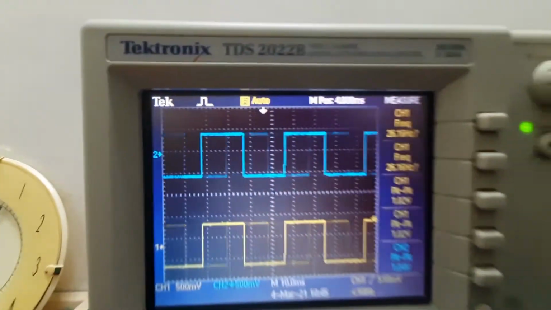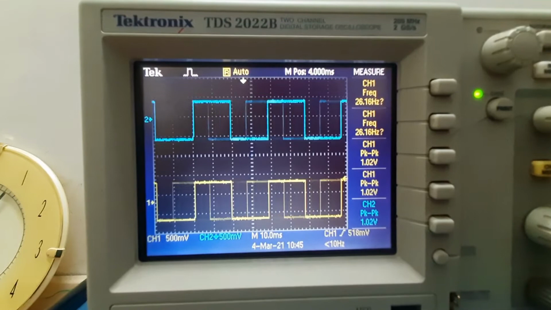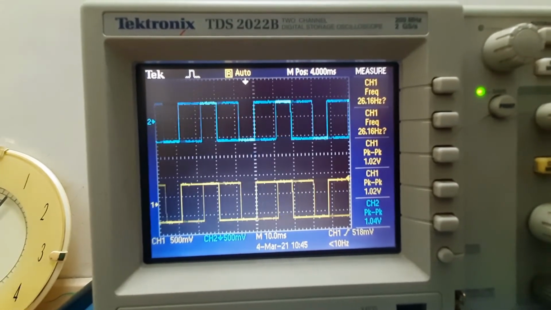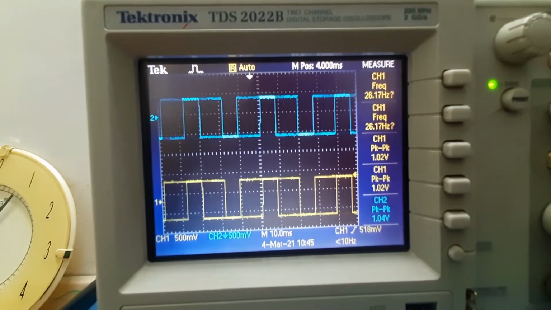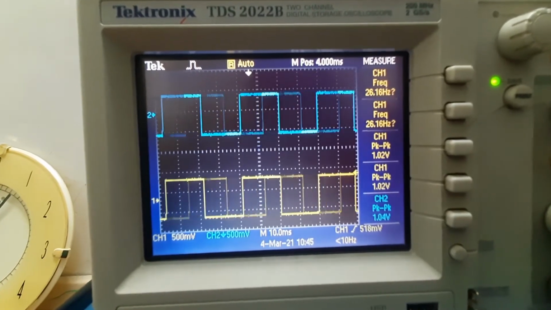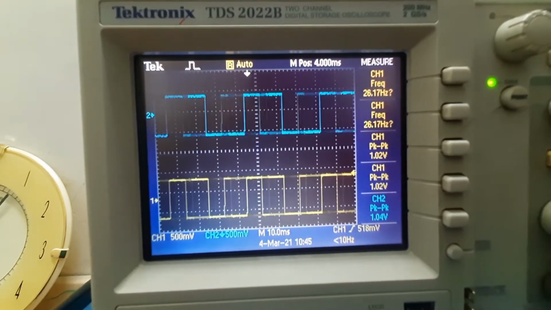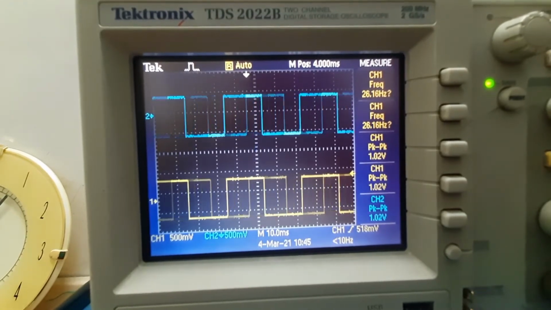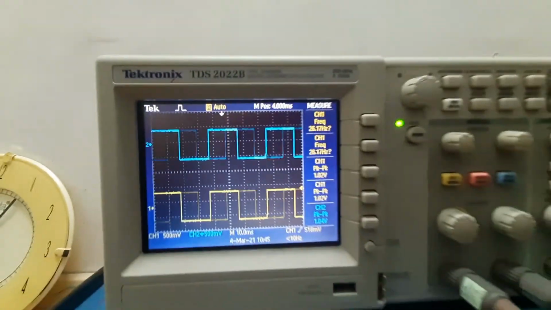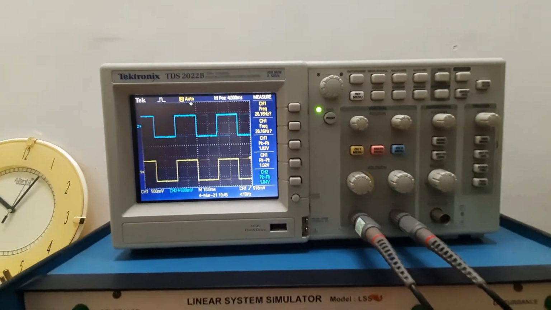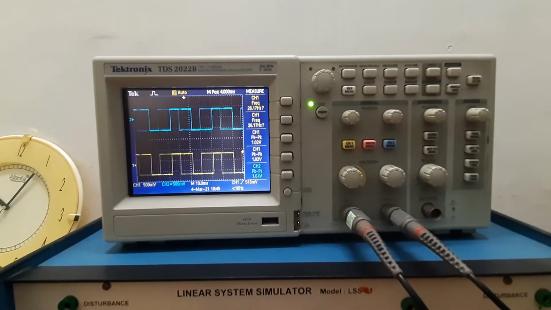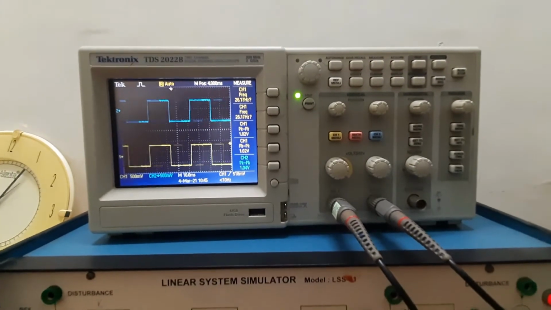Here we can see the input is in channel 1, which is 1.02, but we can take it as 1 volt, and the output is 1.04 volt, which is in channel 2. We have to note down these values because we have to use them in the equation of the amplifier.